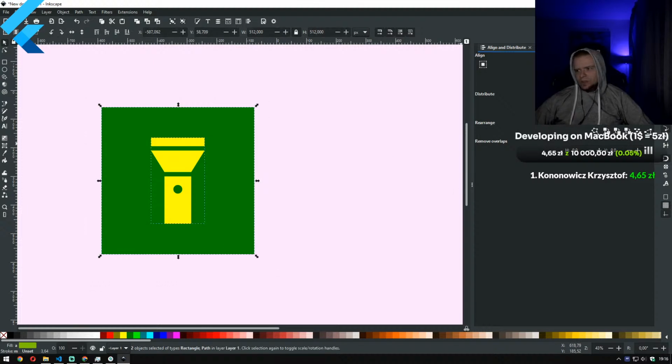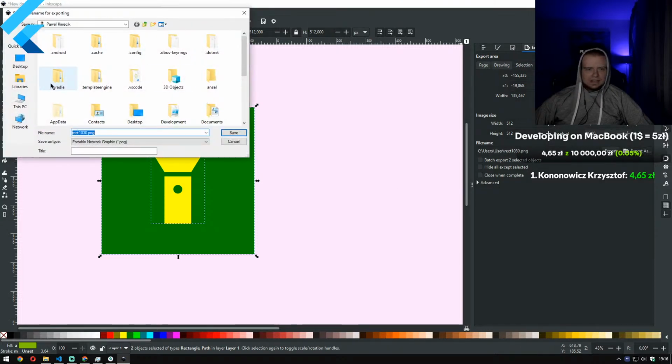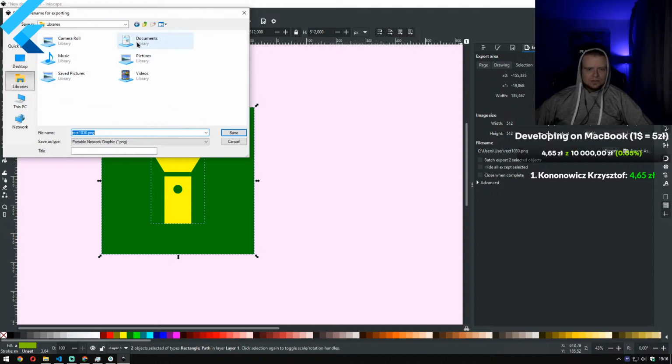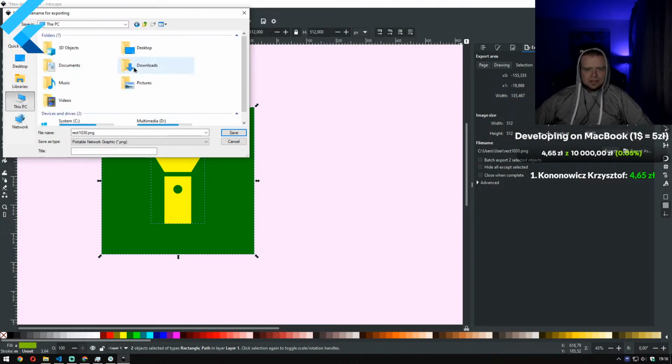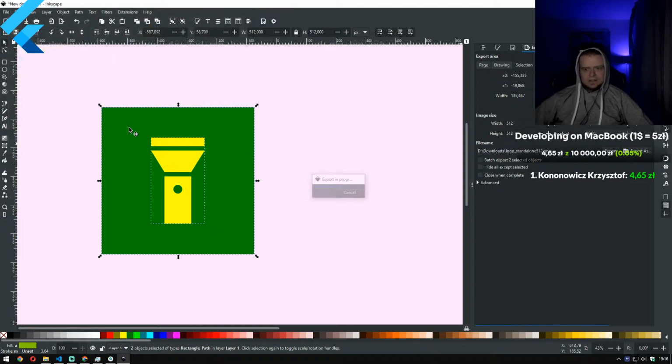So what we will do, we'll just export it, and let's just export it, or maybe not strictly, to, yeah, let's let it be our downloads, and let's name it logo standalone 512.png,